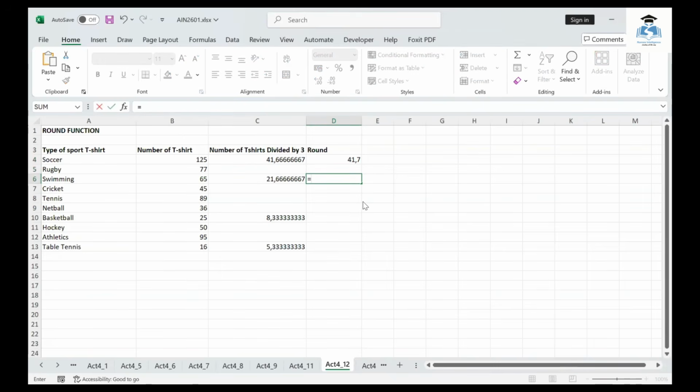Same applies here, round. I think using round, then here is 2. It's simple. Equals round. Then 3. Then equals round. Then 4. Here we go. So you see,